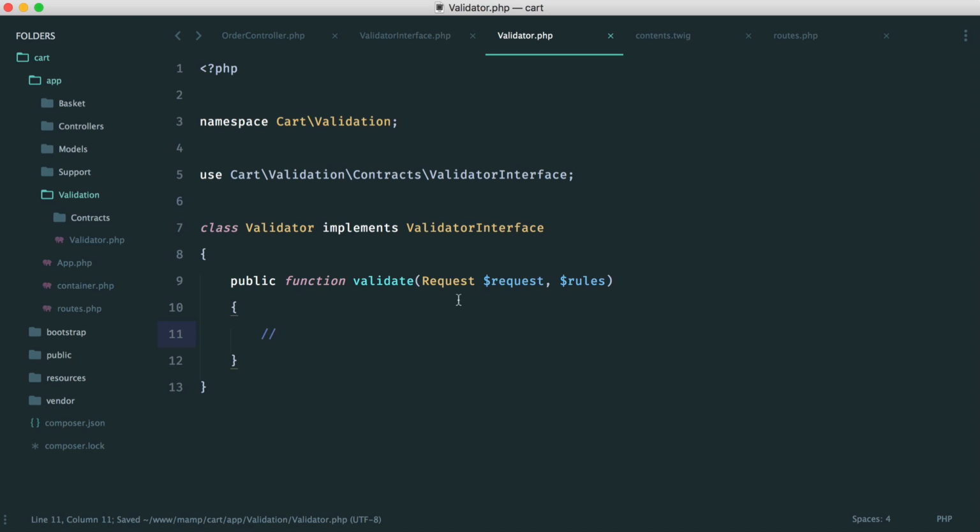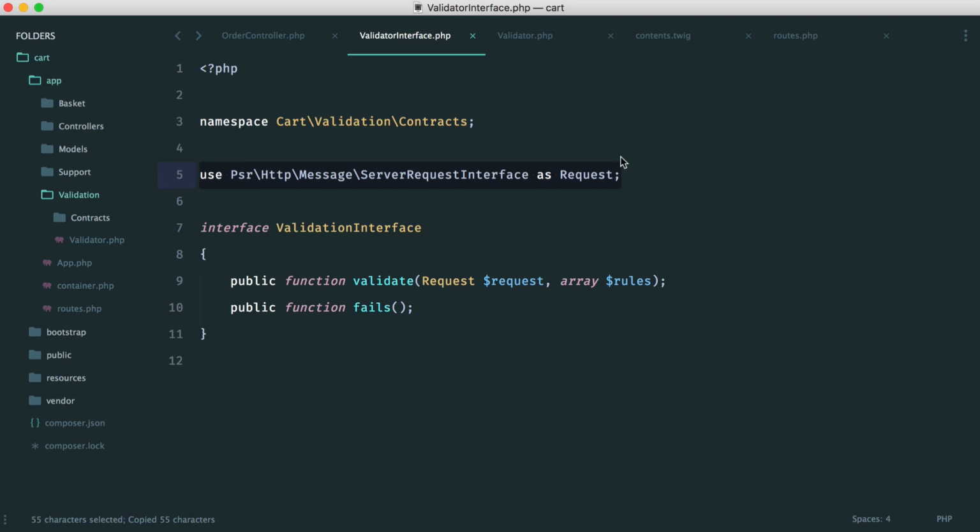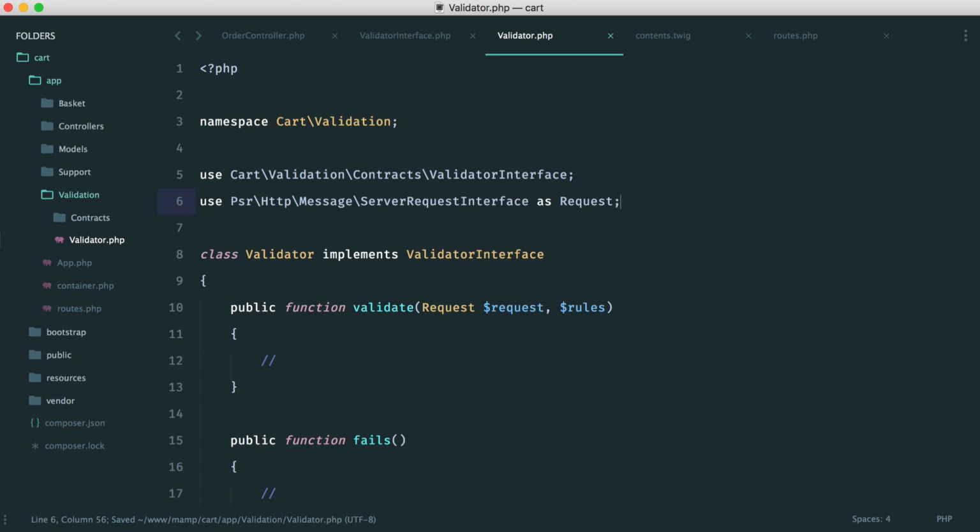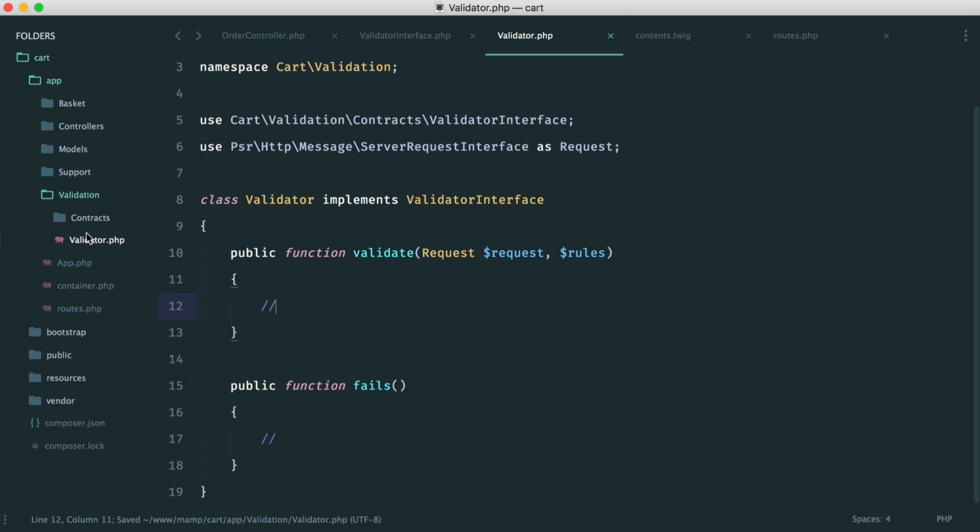And the whole point of this is just to go through all of the rules and make sure all of the stuff that's been passed through into the form, which we get through request, actually succeeds based on the rules that we've created. So then finally down here, we'll just create our fails method and we'll implement all of this in just a moment. So of course, because we're type hinting this, we just need to pull this in. So let's just pull this one in here as well, just so we have it. And we can now bind this to our container and start to check that it works. So for now, let's just say return false,